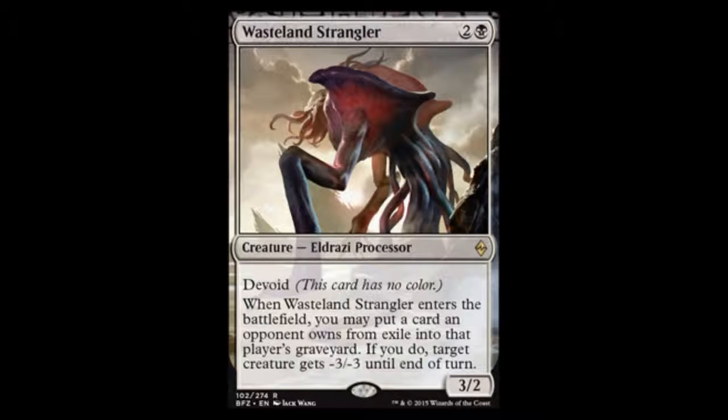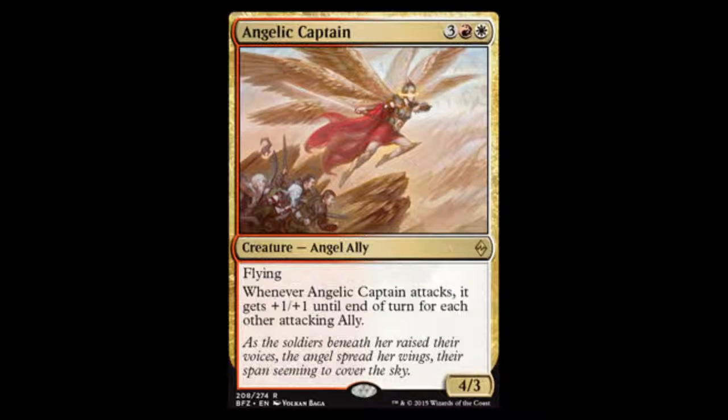And then finally for today, at least so far, and any cards spoiled after this will go tomorrow. Angelic Captain, 3 red white for a creature, Angel Ally at rare, and it's a 4/3 with flying, and whenever it attacks it gets +1/+1 for each other attacking Ally. This is a decent card. It really pushes the idea of allies being this horde army that just attacks,